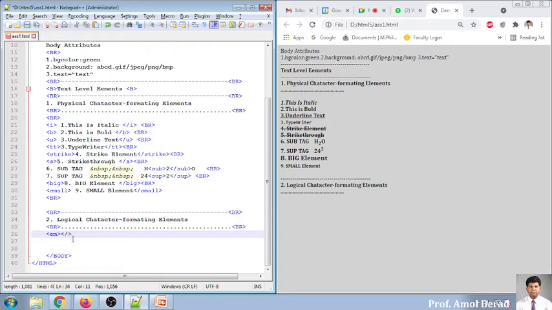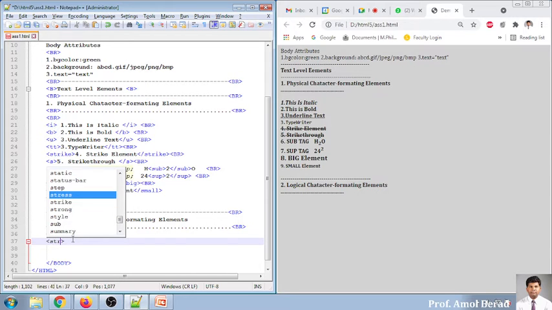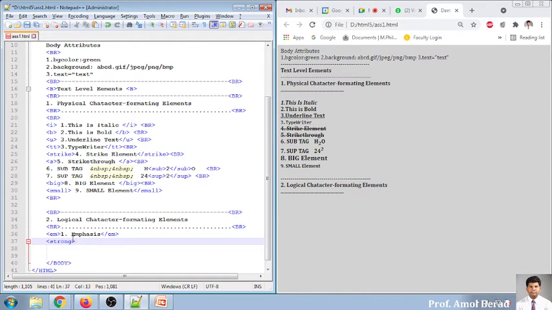I'm opening this one and closing this one, slash EM. So what is this EM? This is the first logical element, and we call it emphasis. Same way, the second one is the strong tag. It will change the logical definition of the content. So the strong element, and now I'm closing this strong. Everywhere I'm using this BR because this is required for moving to the next line.